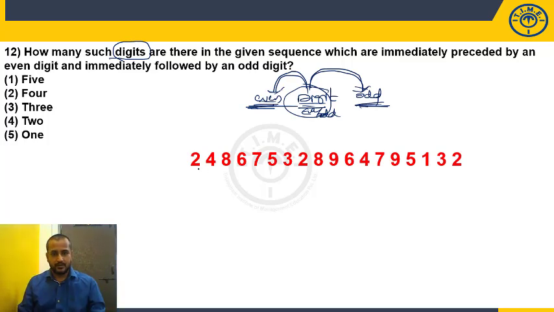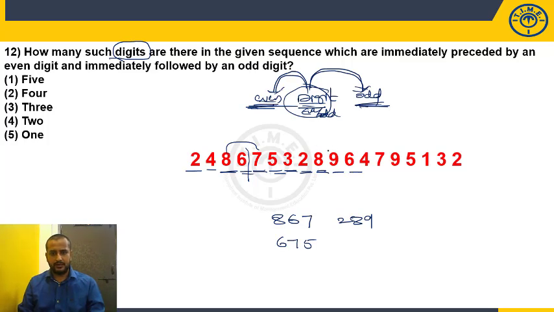Okay. Starting from this sequence, left hand, even, odd, no. Just focus on the alternate number, even, odd. Even, odd, no. Even, odd, yes. So 8, 6, 7. Simple logic. Even, odd, yes. I hope you are able to understand. 6, 7, 5. Now, till here it is completed. Even, odd, no. Even, odd, no. Even, odd, no. Even, odd, yes. 2, 8, 9. No. Even, odd, no.